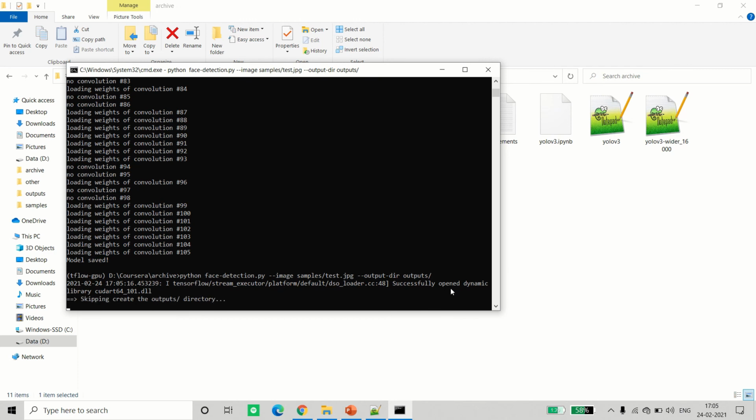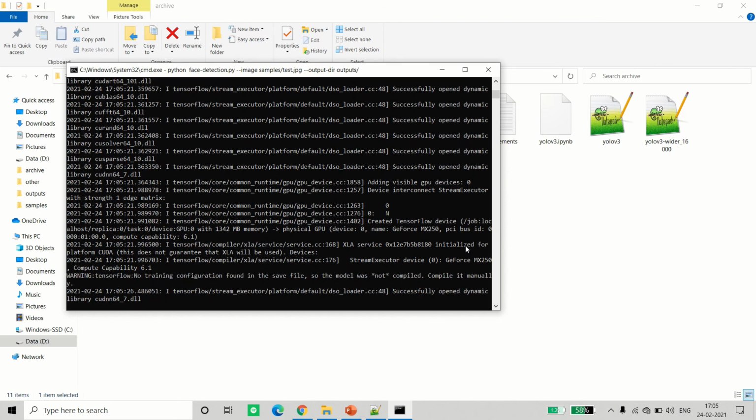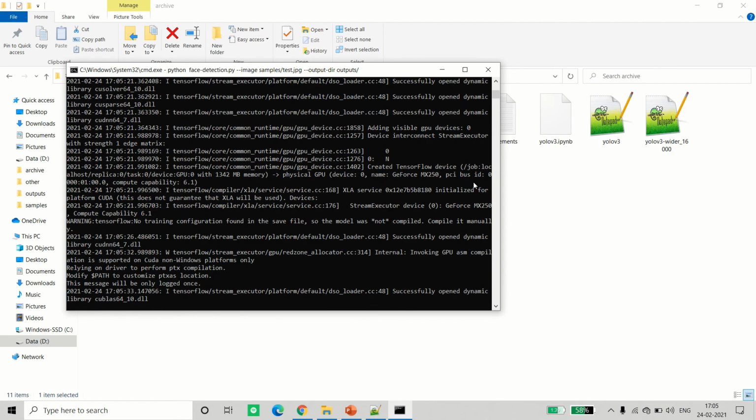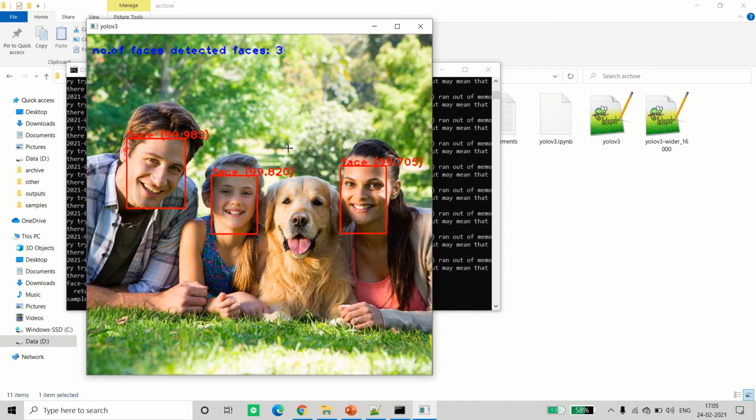First it will perform the YOLO face detection, and after that it will blur the rest of the background except the detected faces. Okay, so see, this is what I was calling the class or the object name, face. The number of faces is 3.